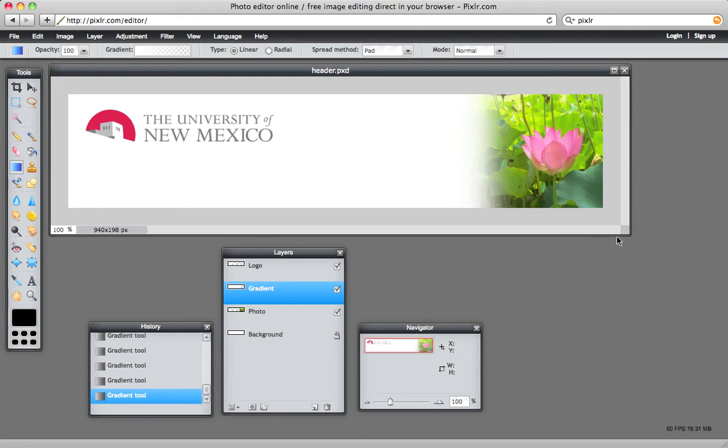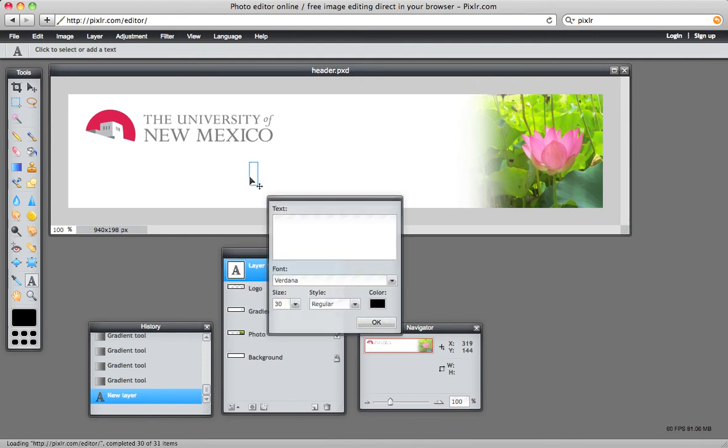The next step, I'd like to think about adding some text here. So I'm going to go to the text layer, and that is the text tool, and that's signified over here in my tool menu with a little A. When I click on that, it gives me a cursor for my arrow, and what I do is I click where I would like to put my text, and you can always move this later. And you're prompted with a little text box to add the text, so I'm going to type in